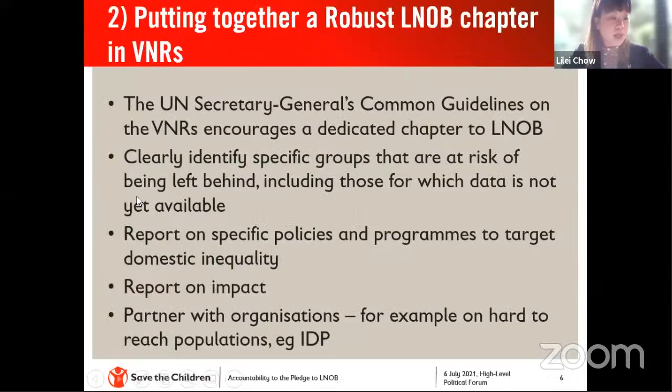The next call is around producing a dedicated chapter on Leave No One Behind. The UN Secretary General's Common Guidelines on the VNRs encourage a dedicated chapter on Leave No One Behind. And here we would encourage governments to clearly identify within this chapter specific groups that are at risk of being left behind, including those for which data is not yet available. Targeting domestic inequality should be a priority in SDG implementation, particularly in the context of recovery from